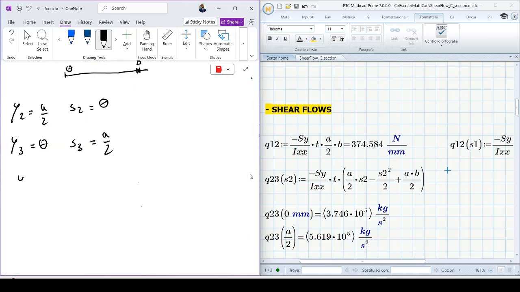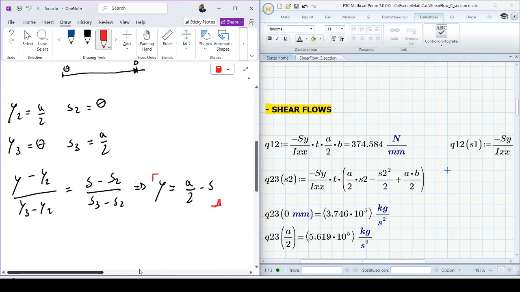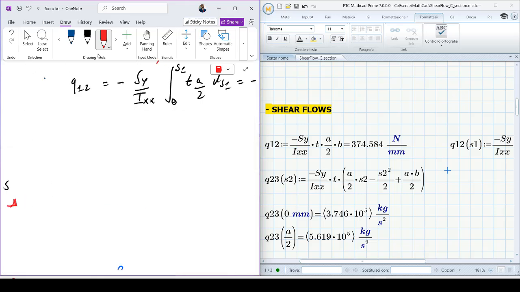So the equation is the same. (y - y2) divided by (y3 - y2) equals (S - S2) divided by (S3 - S2). That gives us, so if I put this equation also in this integral, now we have here Q23 is equal to minus Sy over Ixx, integral from 0 to S2 of t multiplied by